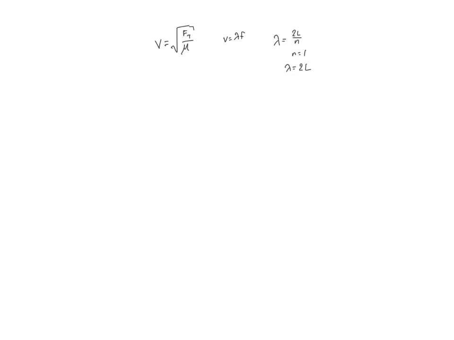Part B: a student graphs frequency as a function of the item determined in part A, so frequency as a function of linear density. And so what should they graph specifically so that the graph should be linear? So we're going to take this equation and plug in v over here. That way we have one single equation that relates the frequency with the linear density. So the new equation that combines these two together will be lambda f equals the square root of tension